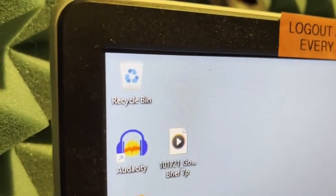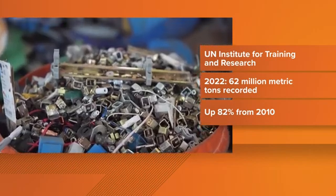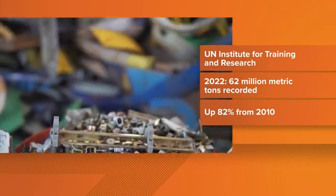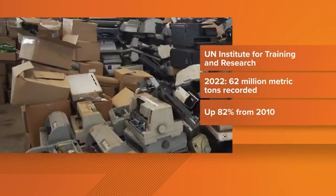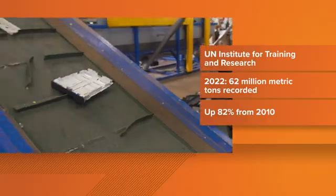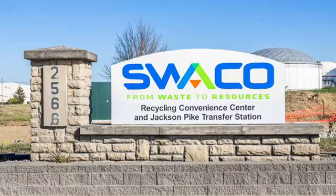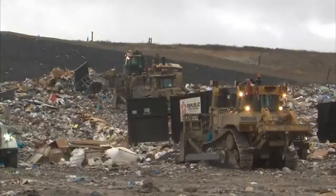A 2024 report by the United Nations Institute for Training and Research says e-waste is 5 times higher than what is being documented. 62 million metric tons recorded back in 2022, up 82% from 2010. We generate an awful lot of this material. Andrew Booker from the Solid Waste Authority of Central Ohio says the Columbus area takes in about 10,000 tons of